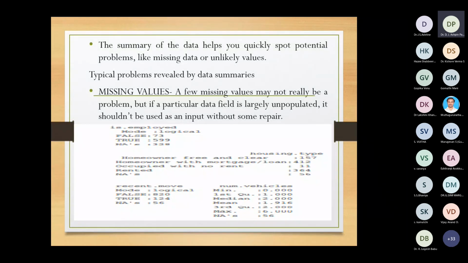But if you feel those missing values or those attributes are meaningful and important for your work, then you need to do some other options. If it is not useful, okay, you can drop it. But if it is useful, then we have to use some other ways to fill that data. Then only it will become sensible.